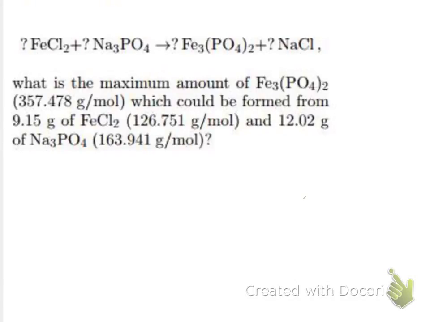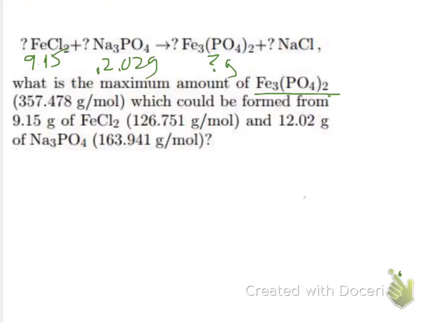Okay, in this podcast, I'm going to go over two of the problems in Quest 3. On this problem set, it's number 1 and number 5, although your numbers are going to be different in the problem. So let's take a look at what we have. It gives us an equation. It says, what's the maximum amount of iron 2-phosphate? So we're trying to figure out the grams of this that can be formed with 9.15 grams of iron 2 chloride and 12.02